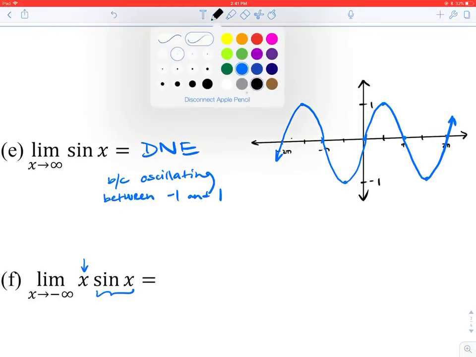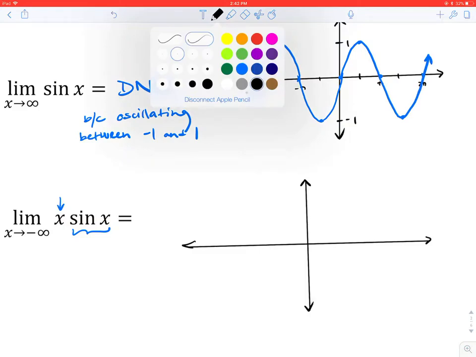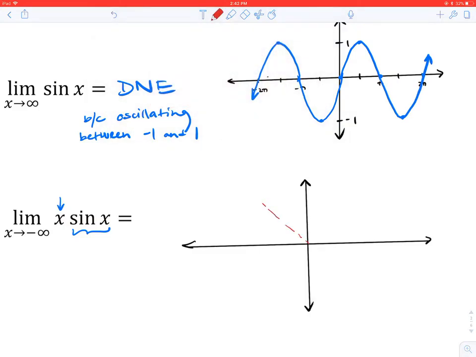So what happens is, if this is y equals negative x and this is y equals x,